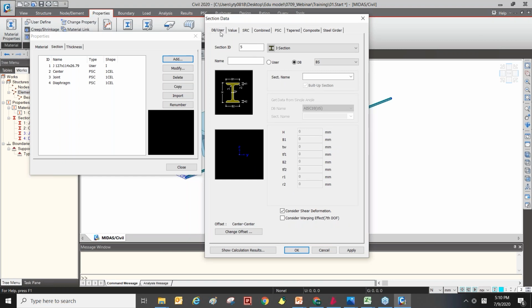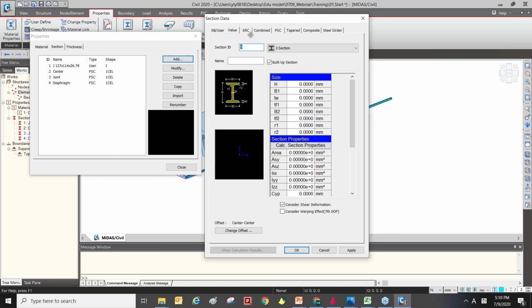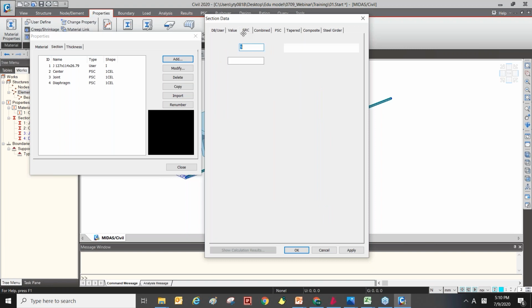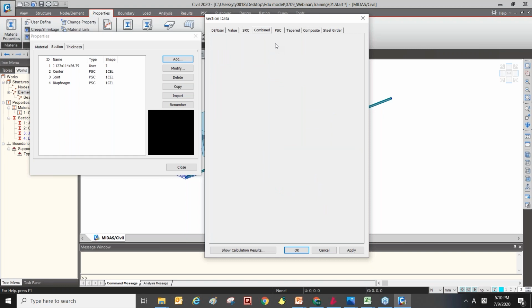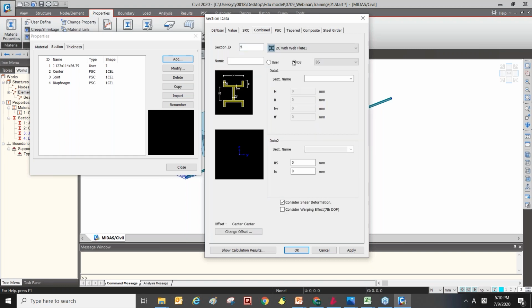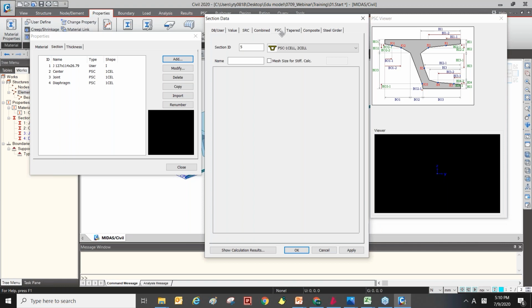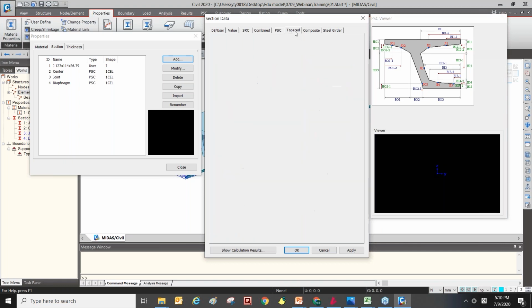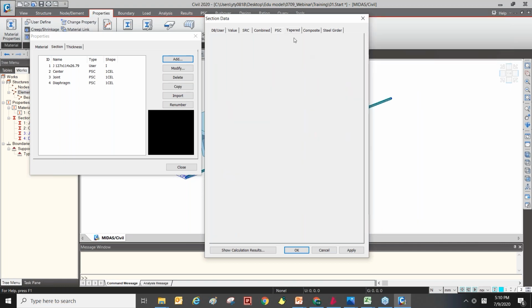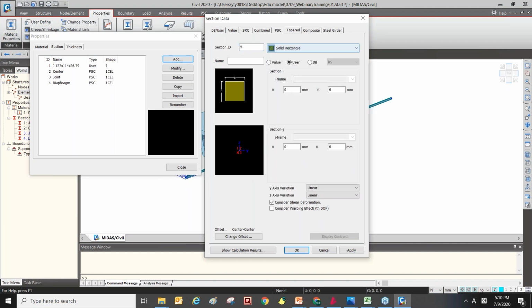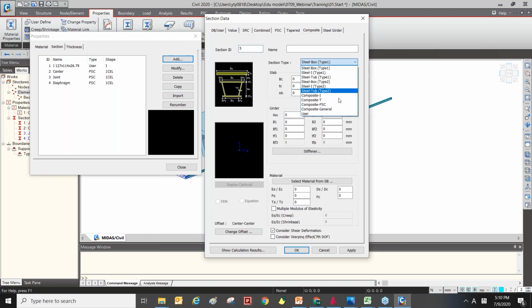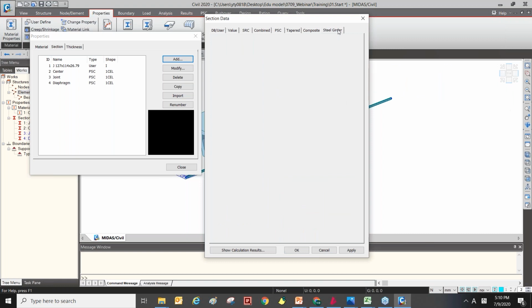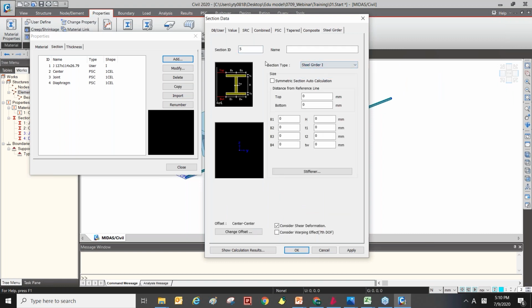There is DB/User and Value, the Steel Reinforced Concrete section, the Combined section, the Pre-stressed Concrete section, the Tapered section, the Composite Girder section, and the last one is Steel Girder.